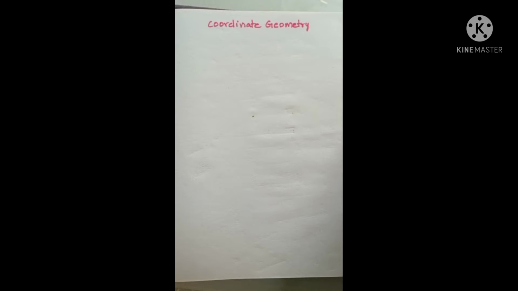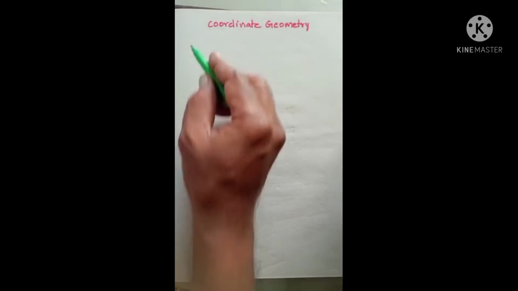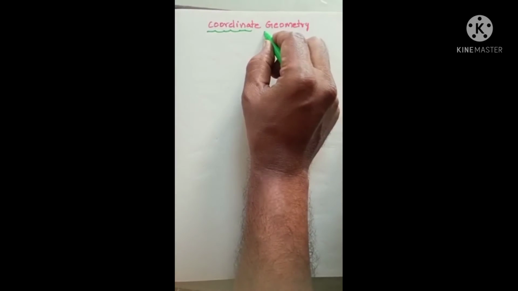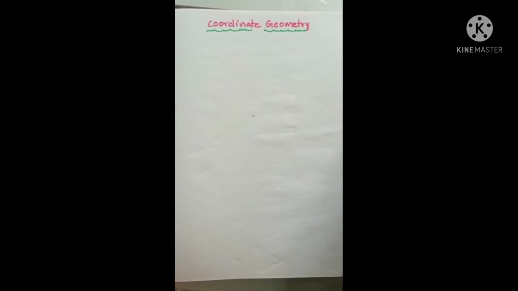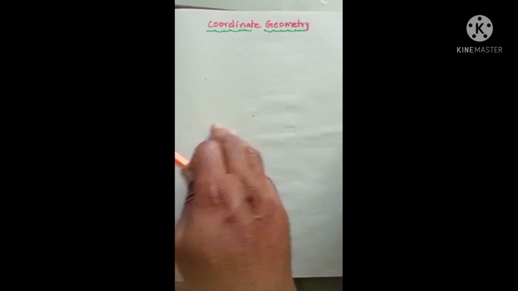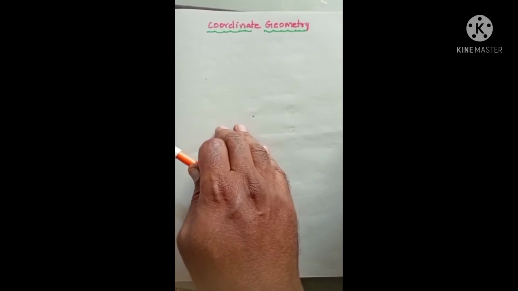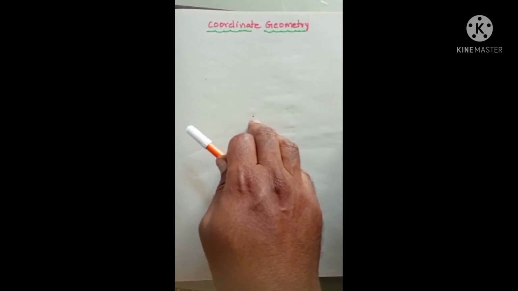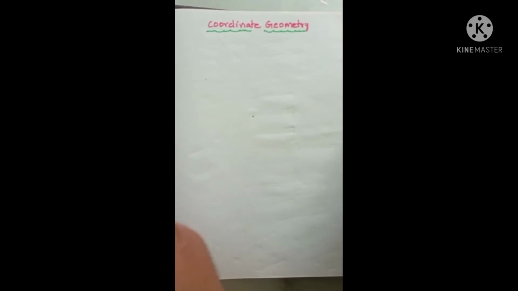Today I want to explain one of the important chapters in 10th class, that is coordinate geometry. I think it is the 7th chapter in your NCERT textbook. In this coordinate geometry, if you observe, this chapter is designed mainly on 5 formulas, beta. The first formula is the distance formula, the second is the section formula, the third is the midpoint, the fourth is the area of a triangle, and the last one is the centroid of the triangle. So on the basis of these 5 formulas your chapter was designed.